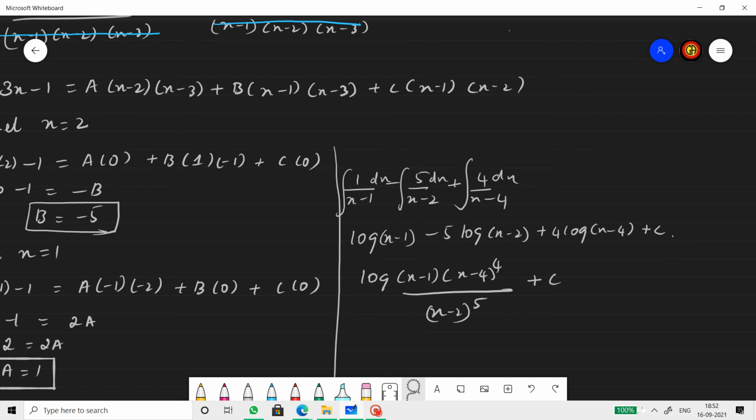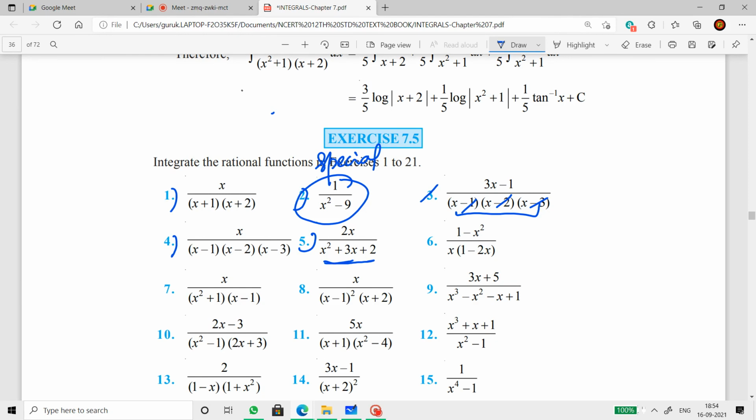When it is x minus 1, if you take t as x minus 1, dt equals dx. So we don't need to physically do those steps. It is understood from there. But mind you, if it is 1 minus x, then you'll get a minus dt. So you must be aware of that. If it is 1 minus x, you still get a log, but then it is a minus log t. So if it's x minus 1, so if the x coefficient is 1, then you can straight away write log. Once you finish using the log property, I wrote the answer like this. So I did the third sum.